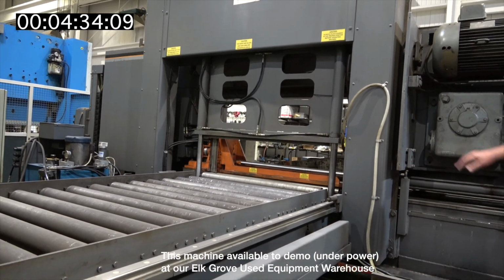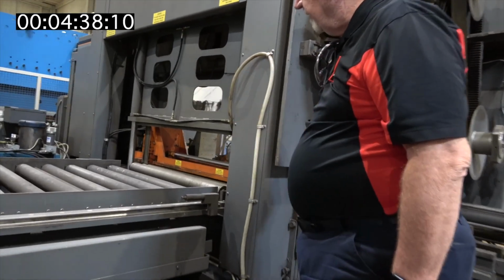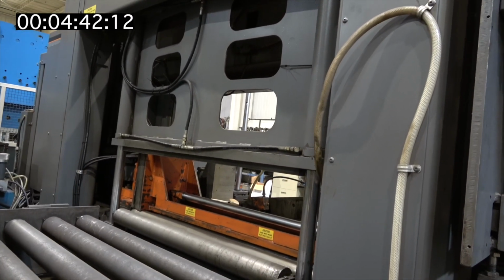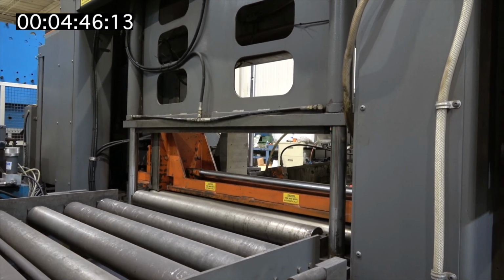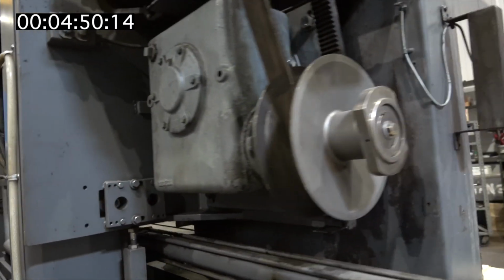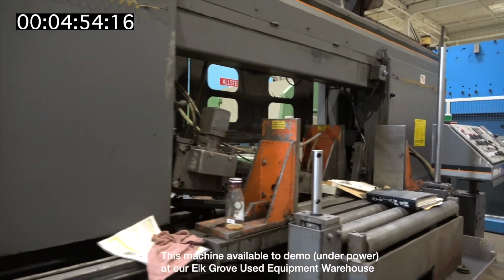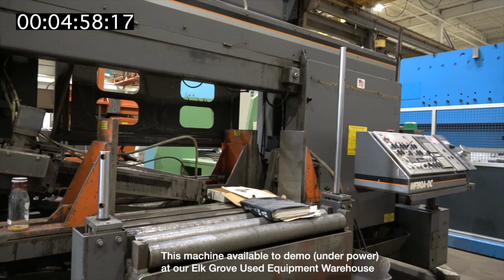You can see that this is a pretty heavy-duty structure. The vise is inside there, and it opens up to 24-inch capacity by, I think, 44. This is the front end of the machine,